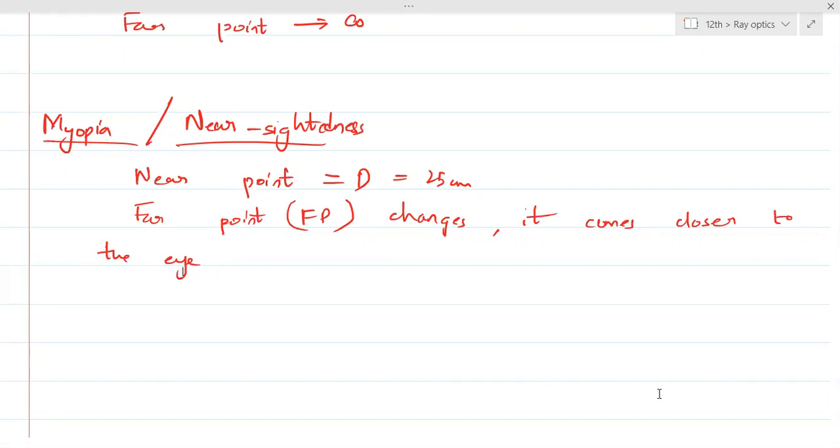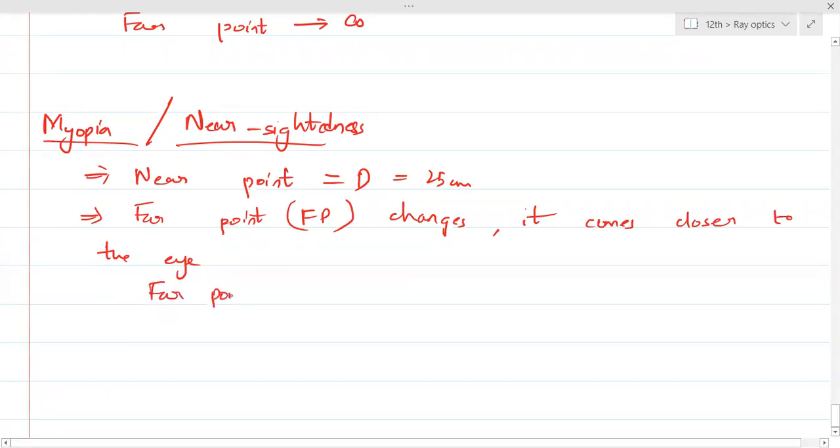पहले ये समझ आया आपको? If you have a doubt, you can ask. Near point में कोई change नहीं होगा, whereas the far point will change because normally you should be able to see until infinity, like very large distances. But you're not able to see far away distances clearly. You're only able to see until some distance. So your far point has come closer. The farthest distance until which you can view clearly, वो कम हो गया. Far point decreases. Clear?